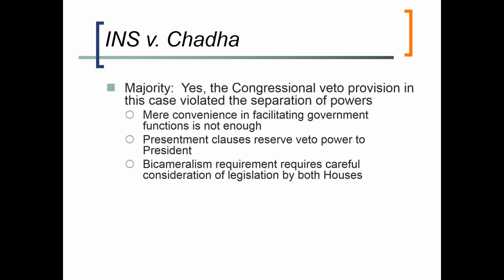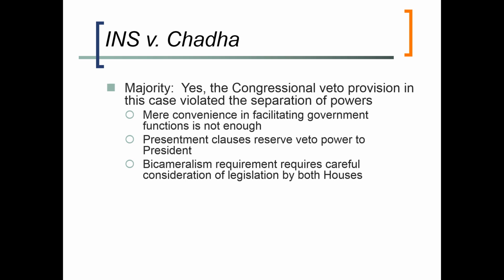Well, you kind of have the reverse situation here where the executive takes an action and the legislature has an opportunity to veto what the executive did. And the majority in Chadha said that's a real problem. That's unconstitutional. The only presentment and veto power is for the legislature to present to the executive. There's no presentment and veto power for the executive to present and the legislature to veto what the executive has